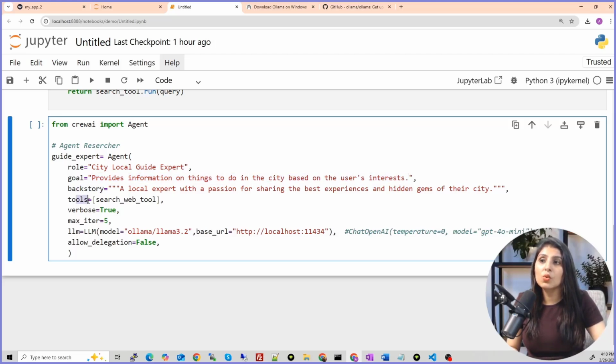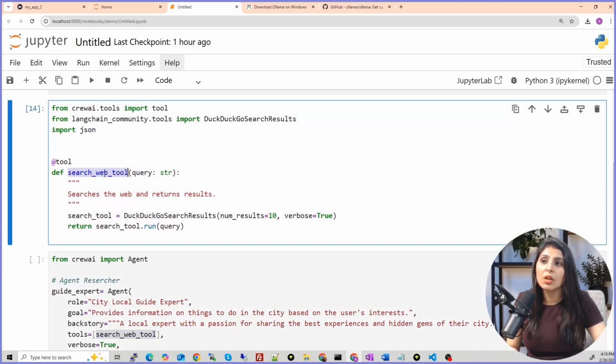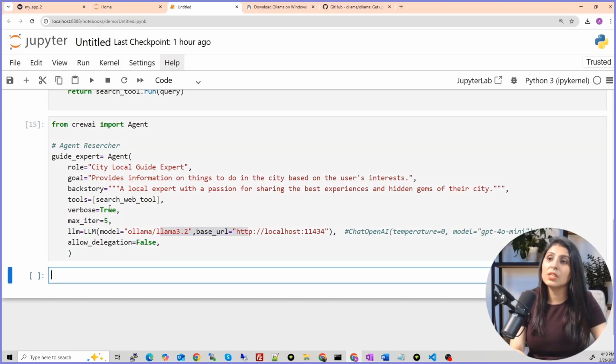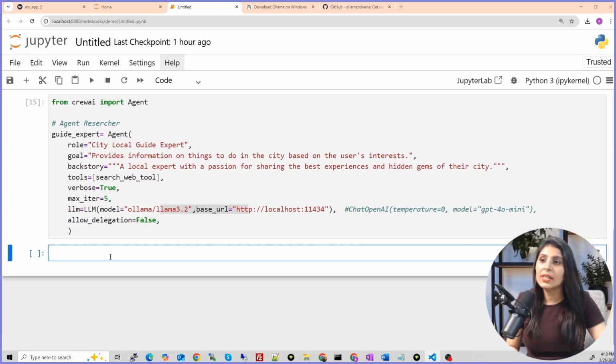And backstory, tools. The tool which this agent will use is this search web tool. And what tool are we using over here? DuckDuckGo Search. And then verbose true will show you the result on screen. LLM, this LLM we want to use. So this is the first agent. Now let's create the second agent.